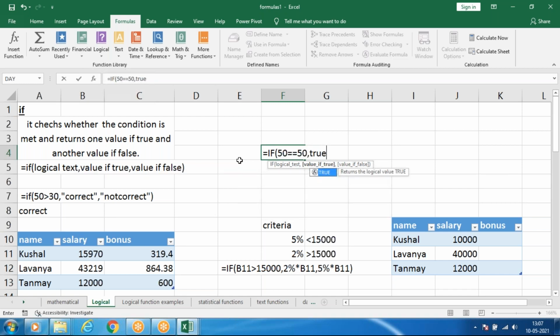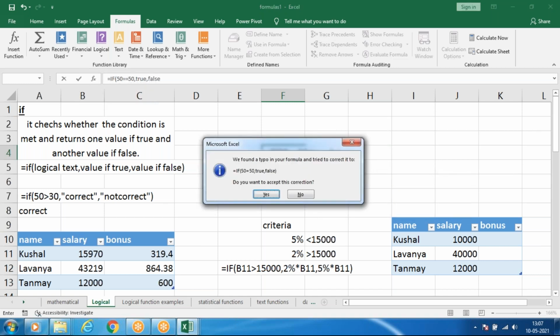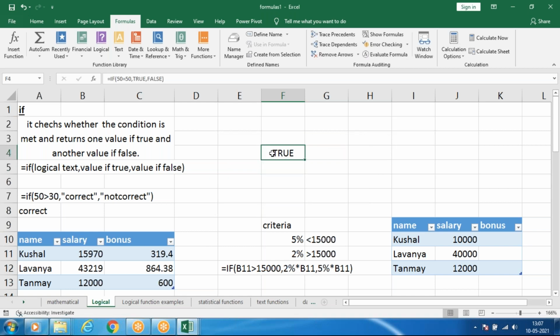For this there is no need for double quotes. And false, and give enter. It can't accept double equals. Remember, only a single equals sign can be applied in an IF condition. Value if true means true it will print, value if false means false it will print.